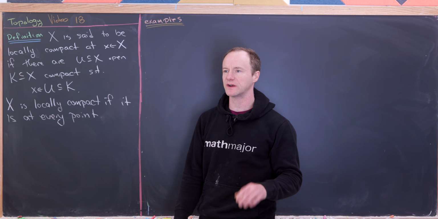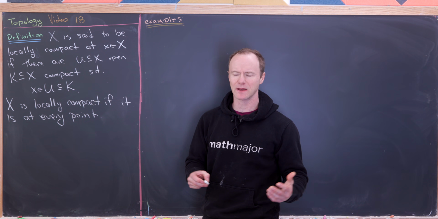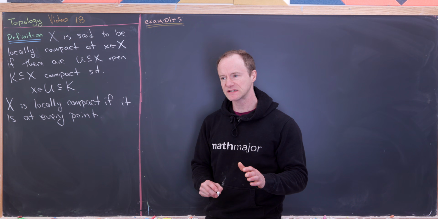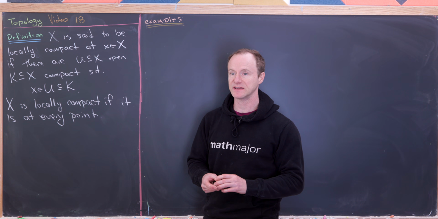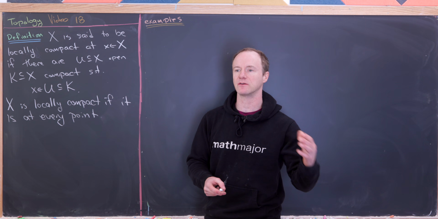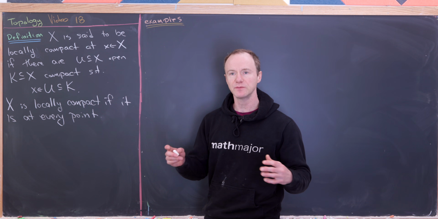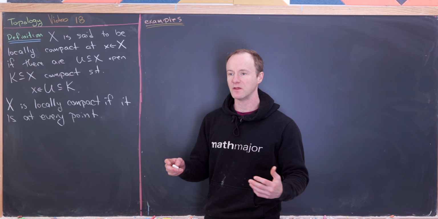Before we get started today, I'd like to point out that there was a little bit of an issue with an example in the previous video, video 17. This example was showing that in a certain function space, there is a set that is closed and bounded but not compact. So here we assumed it was compact, took a finite open cover, and then we had this